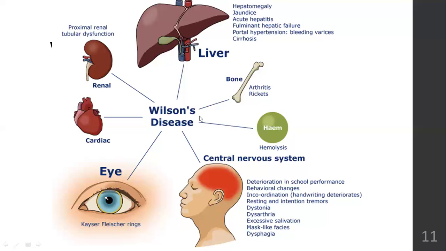It will affect your brain health. It can lead to mental retardation. Not performing well in school, behavioral changes, hand-eye coordination deteriorates. Tremors. Tremors is that shaky feeling in the fingers and all. Dystonia,